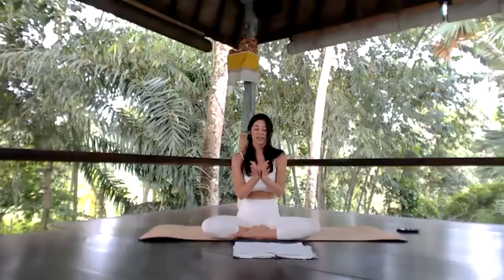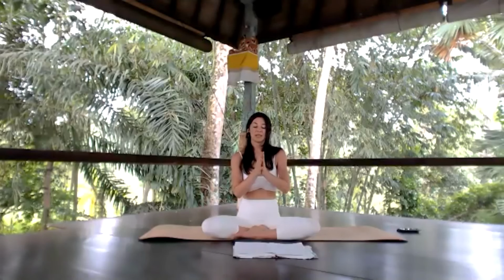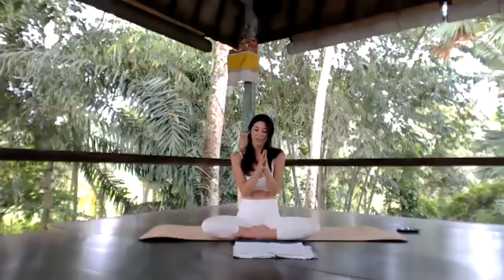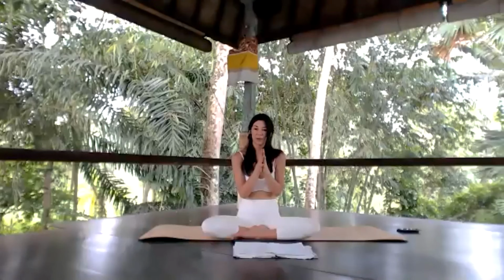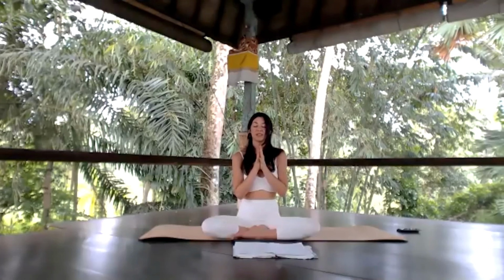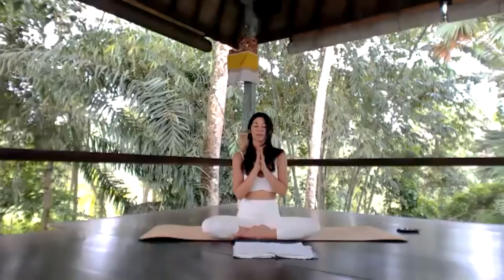Bring your palms together and feel your own touch. This is not something that we're accustomed to doing. But if you were to touch somebody else's hand right now, you would really feel certain qualities of that, their presence and their skin texture and temperature and all of that. So as you press your palms together, really zoom in to feel all the qualities of your own presence, the temperatures,